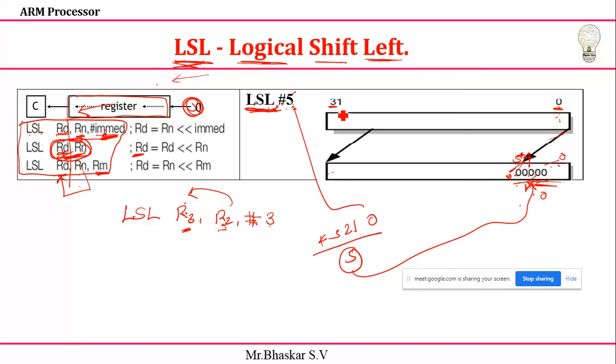And here also you can see 31 minus 5. What is the value of 31 minus 5? What is the value? 20. Yes. So you have a 26th bit. The 26th bit will come to the 31st bit. Okay, this 26th bit value will come to 26. Just padding, zero padding at the left side. Clear about this one?